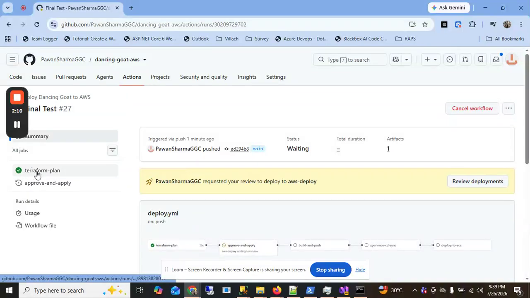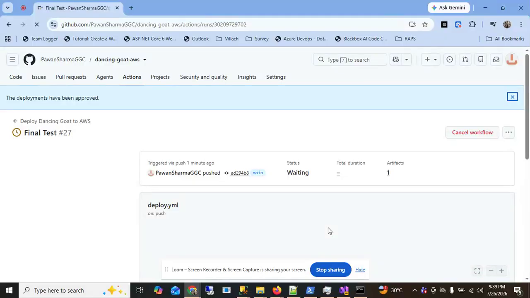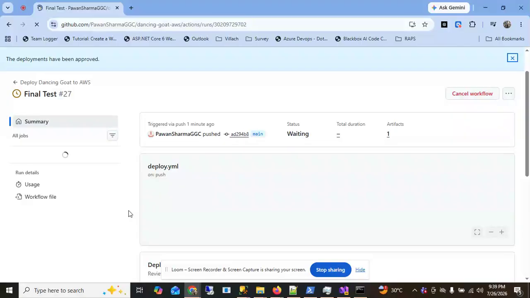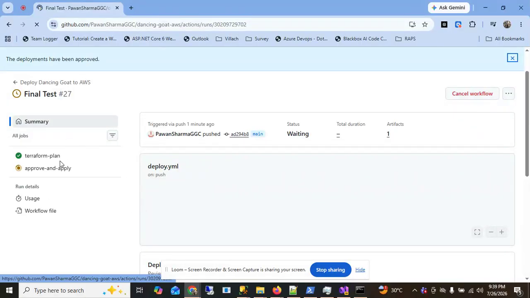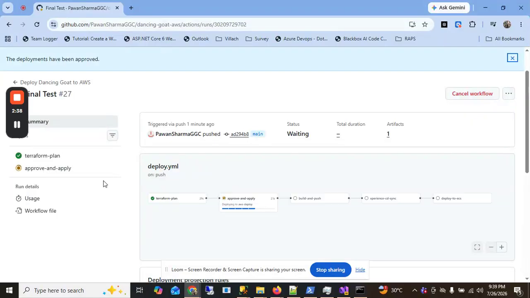You can see that the Terraform plan is done. Now it's asking for review. It's a manual review, so I'm going to approve this one. I already got a mail for this, so I directly approved here. And now the pipeline will start the next job. I will show you the summary. It's taking time. Yeah, approve and apply, that's also done. The next plan is,